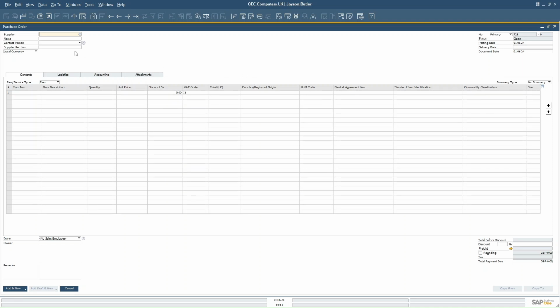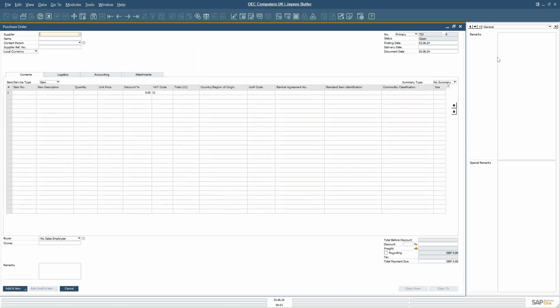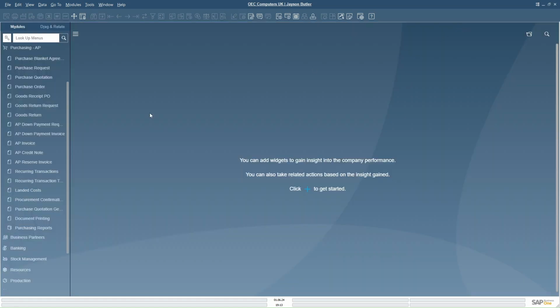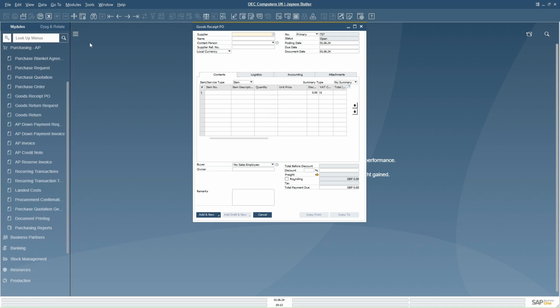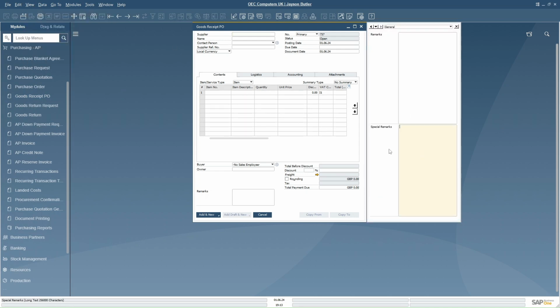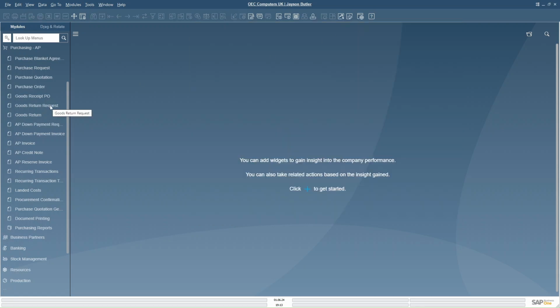To view the UDF on the marketing document, we have to go to the View menu, select the user defined field, and then the user defined field will be populated on the right hand side, and we can see the special remark which is now available in the marketing document. So any document we open, this field will be available. Let us see in a goods receipt purchase order document. View, user defined field, special remark is also available in the goods receipt PO. Similarly, any document we open, this UDF will be available at the header level.